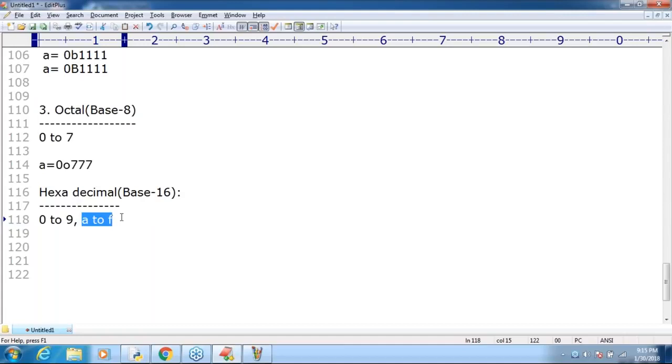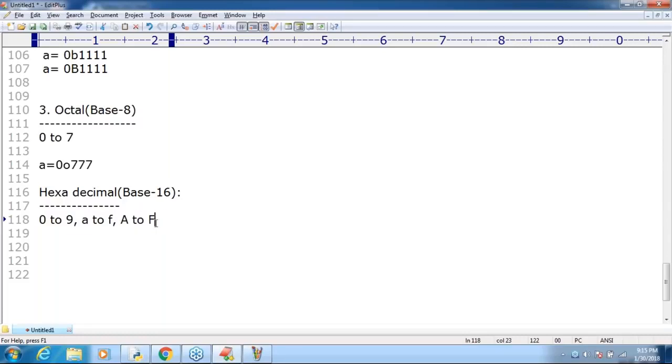Some people are telling uppercase, some lowercase, but stick to one answer. Because Python is a case sensitive programming language. Can you please tell A to F, lowercase or uppercase? Make sure, sir, here we can use any case. This is one of the very few areas where Python is not case sensitive. If you want, you can use lowercase; if you want, uppercase. No problem at all.